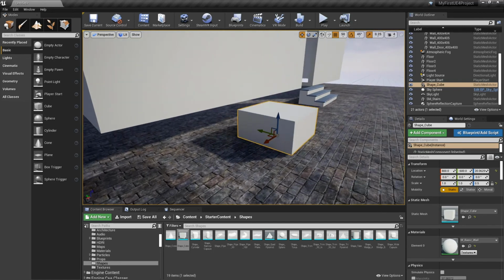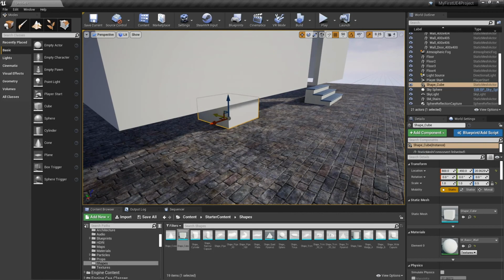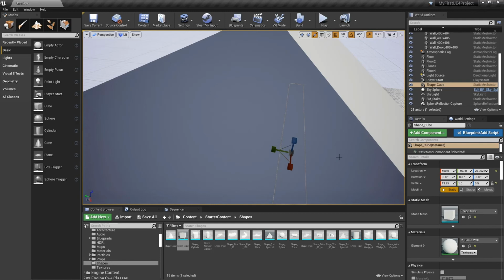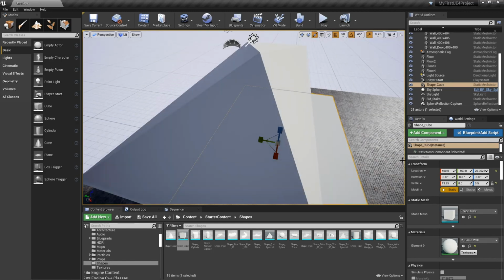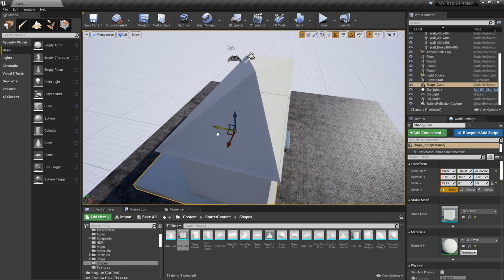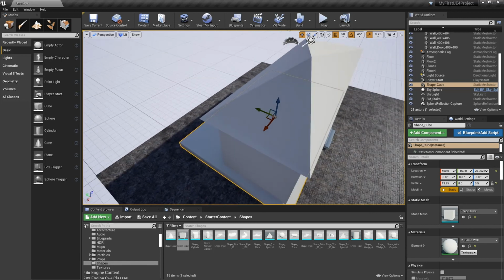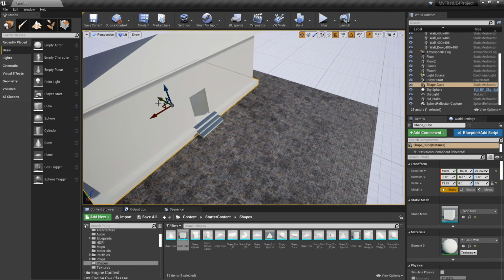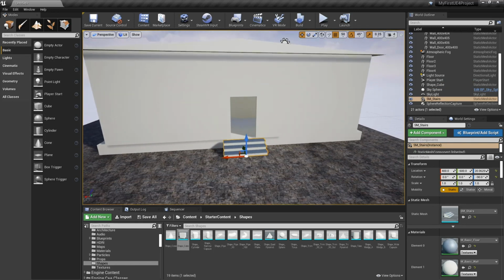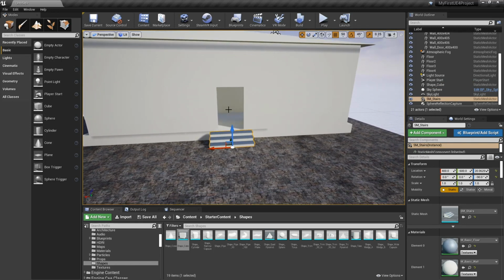That is looking about right. I just eyeballed it, and since I have snapping on, that's looking pretty good. Great. And I'm just scaling on the Y and the X axis. I'll leave maybe a little porch out the back. So we can nudge that in there. We've got this staircase. All right. This seems like a pretty good place to stop for now. We'll come back and finish this off.